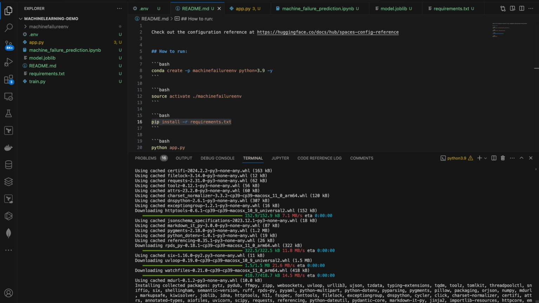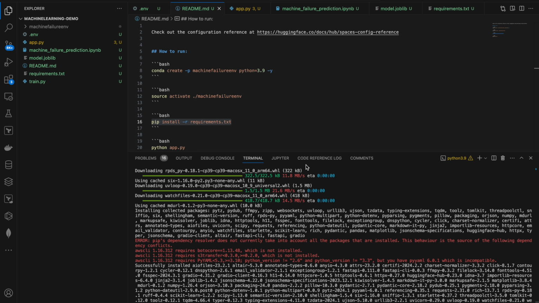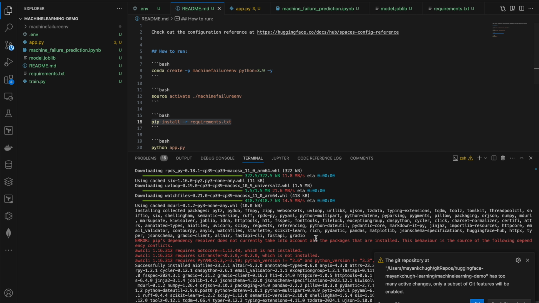Once this works, I know that my code is working. I can directly go and install everything, or I can provision these files and do the deployment in Hugging Face as well. For that you should have a Hugging Face account. Once you have the Hugging Face account, you can do that. So since everything is done,